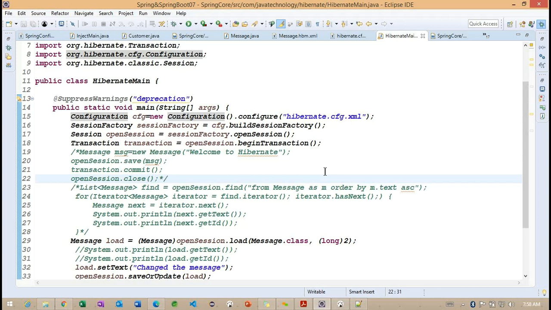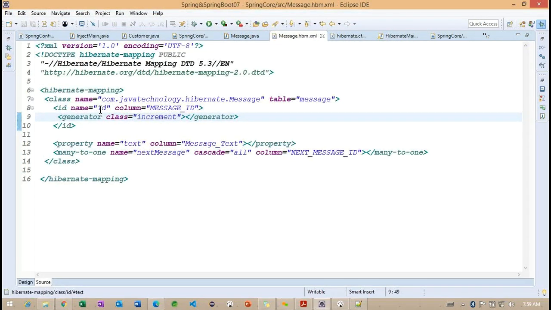Later, if you observe, we are trying to work with types here. But in the mapping file, I'm just providing the name, and the ID I'm providing as an ID. The name is the property name we provided in our Java class. That property will contain the data type, but how is that data type converted into the database column data type?